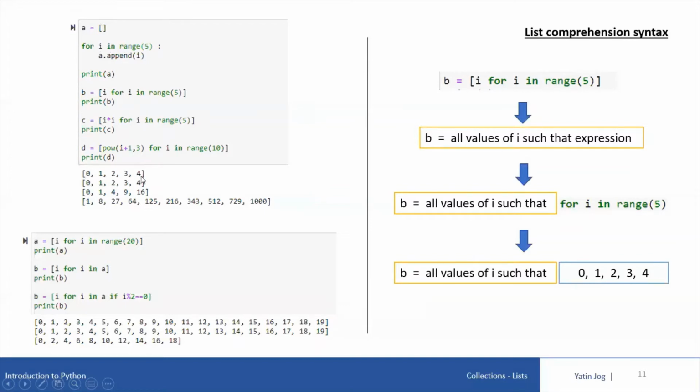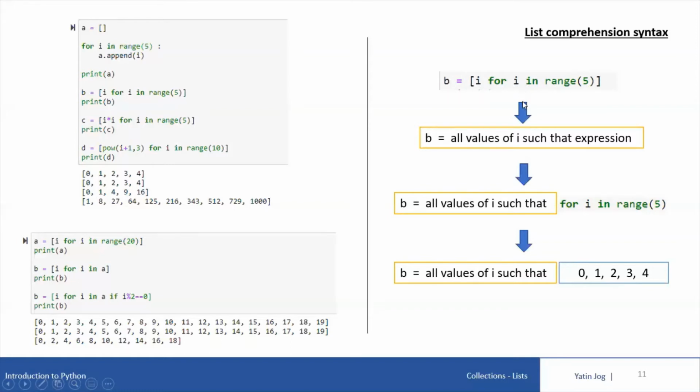So in this case, what I am doing is I am using a variable I. I'm executing this for loop based on some range condition, and for all those values of I, I'm calling the append method and I'm adding all those values of I to the list variable A. Now the same thing I can achieve using a shortcut method. I'll say B equal to I for I in range 5. So same thing now I'm going to explain on this side. B is equal to I for I in range 5.